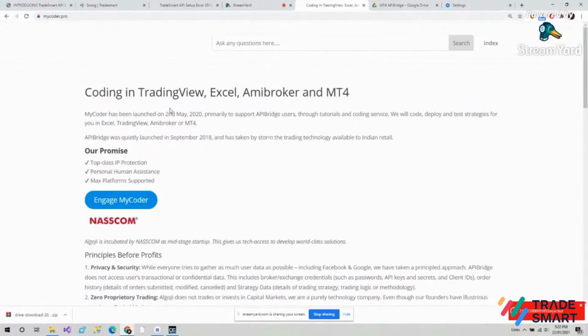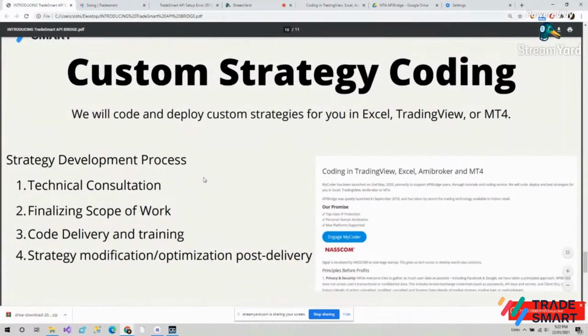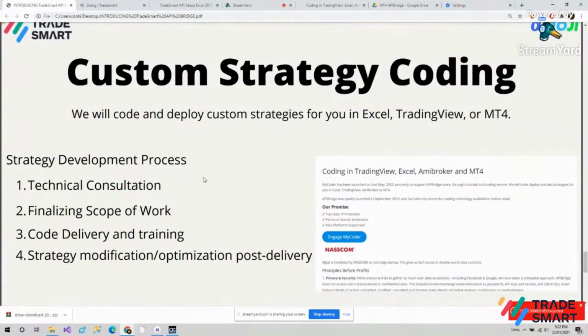When you click on this, you'll be redirected to mycoder.pro. In mycoder.pro, we'll code and deploy your custom strategies for you in Excel, TradingView, or MT4.